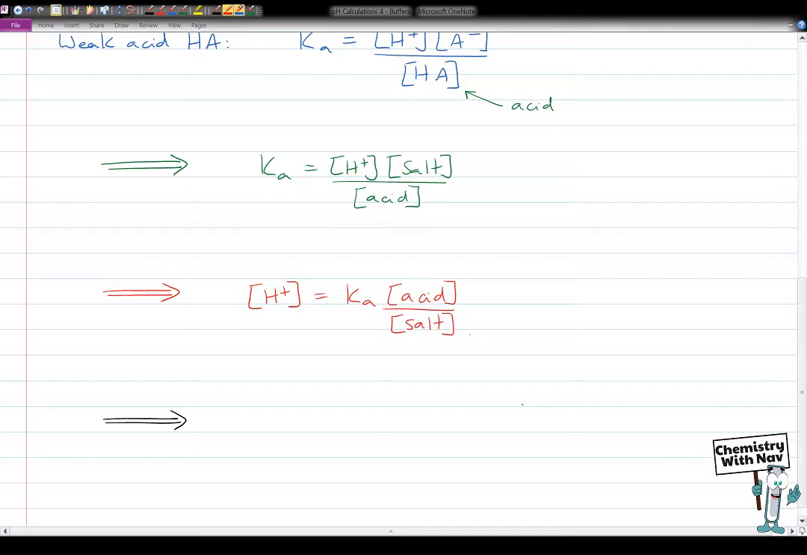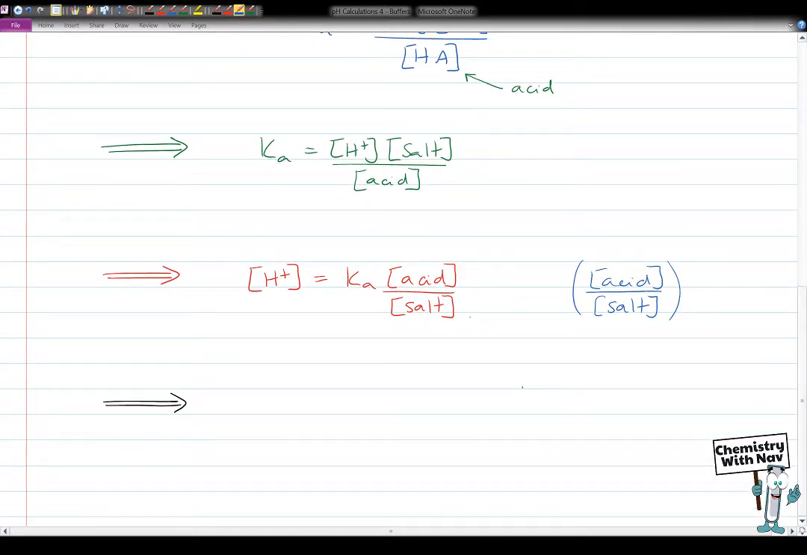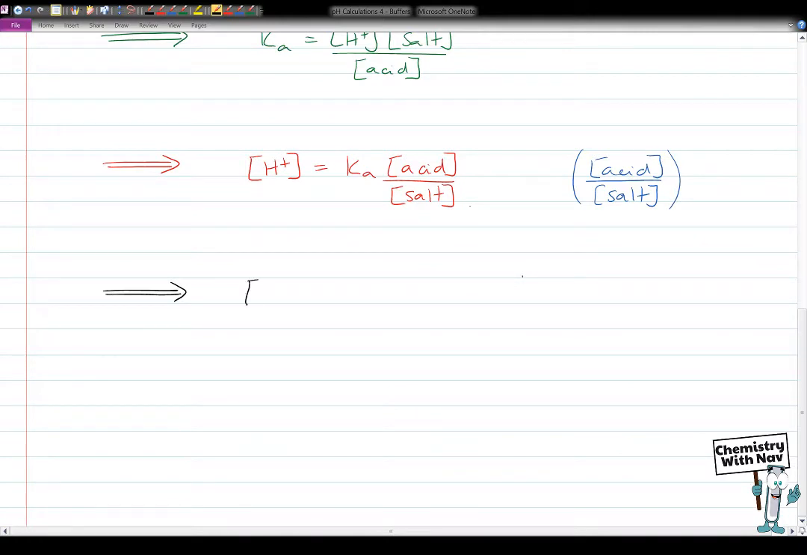And it's useful to think of the acid to salt term as a ratio. That is your acid to salt ratio, as quite a lot of exam questions now are asking for you to find that ratio, or giving you that ratio as part of the question. But we can just do one more tiny development of that even, which is that H+ is equal to Ka,